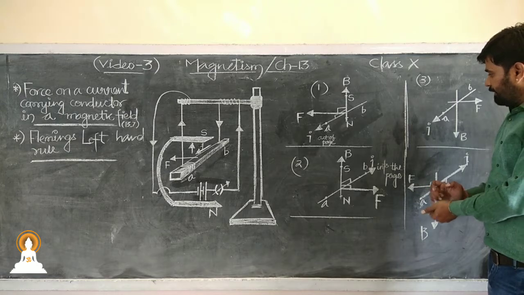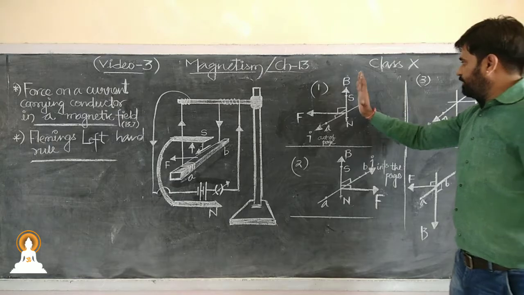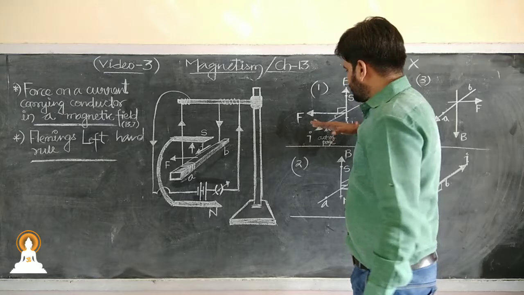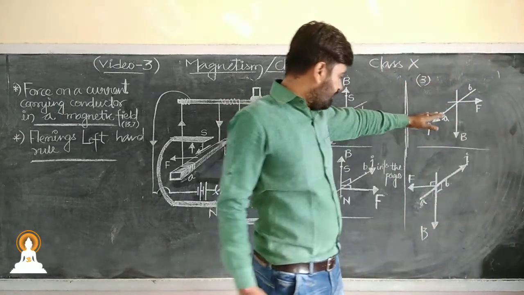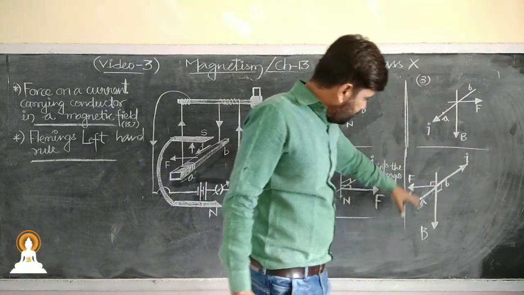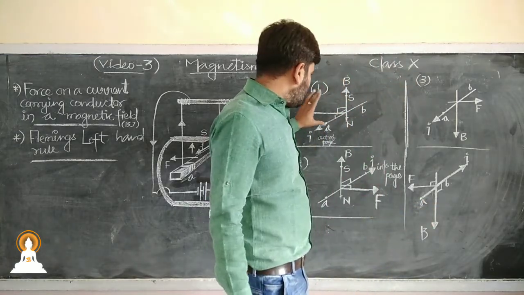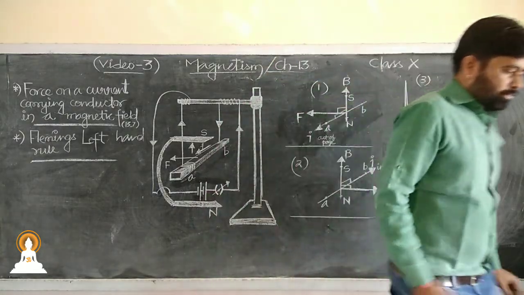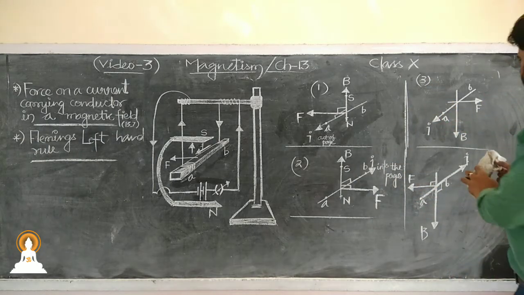Now we have taken all the four cases when the direction of current changes and the magnetic field remains as it is. What happens with the force? What happens with the rod? In which direction is the force exerted? And when the magnetic field is reversed and the direction of current is changed, then also we have seen that in both the cases the direction of force got reversed. So from here we may conclude one thing. And what is that thing? Let us see.